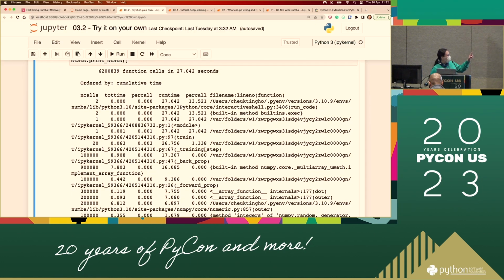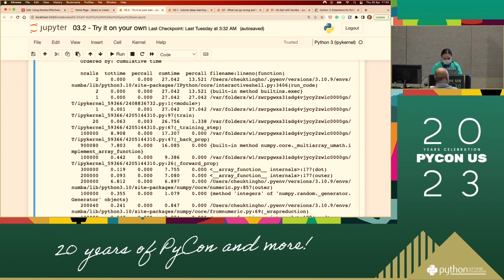So this looks a bit scary. It's just because all this code is stored in a very funny place because of how IPython and Jupyter Notebook work. But what I would normally do is just look at the end of it. Usually it would just have the name of the function. For example, a module is just module with train. So train is the biggest one, right? Of course it's taking the most time because it's the mother of everything. Everything runs inside it, so it's taking the most time.